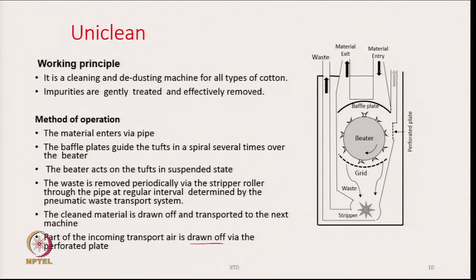Through this plate, part of the air is removed where the air and tuft come together, and then these tufts are acted upon by the beaters and they will move out. This is the material exit as shown in the diagram, and this is how the machine is going to work. So, the working principle is exactly the same as we have seen for the previous machine.